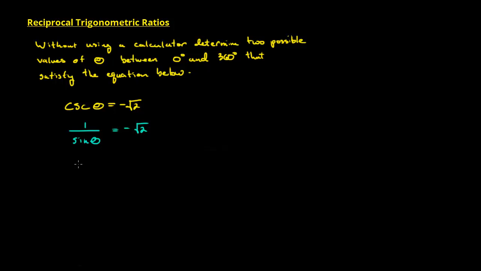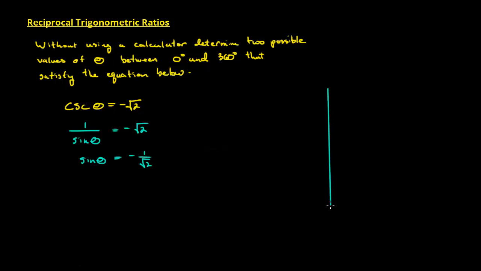If we take the reciprocal of both sides, we get that sine of theta is equal to minus 1 over root 2. Now, let's think about this. Here we're asked to do this without using a calculator, so I can't just take the inverse sine of both sides, or the arc sine of both sides, and say that theta is equal to whatever my value spits out, because I'm not supposed to have a calculator for this problem. So what I can do, though, is I can refer back to special triangles. I can think about where this is on the unit circle, or what quadrant